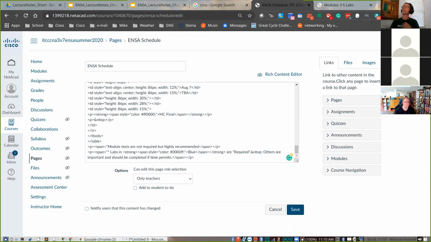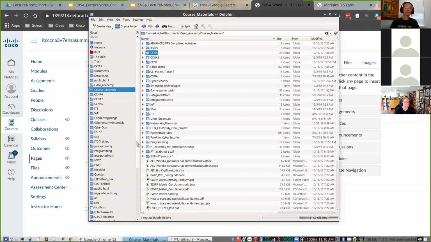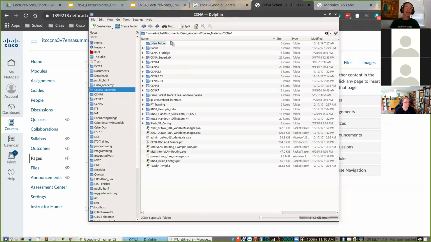Some would say I'm really anal about my organization skills, but I have all of my course materials for all the different courses I do. Here's my CCNA curriculum. Here's all of the exports and everything, all of the materials that I've used and created since we went to Netacad from the original, where all you did was you enabled exams. That's the only thing their web interface was for, giving tests.